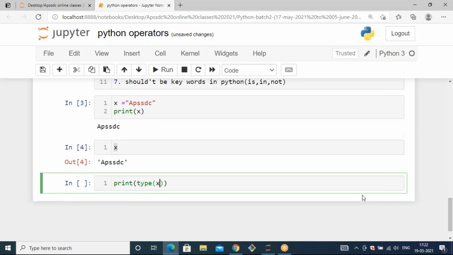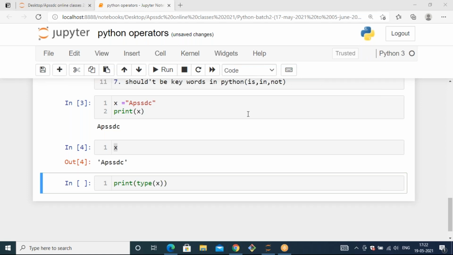Whenever you want to know the data type of a variable, you can use type. When you call this type method, it will tell you the data type of whatever data x has, by calling type of x. Okay, now if I run this, what is my expected output?